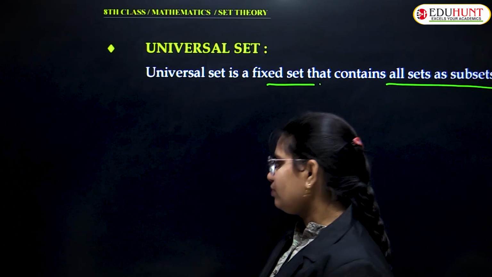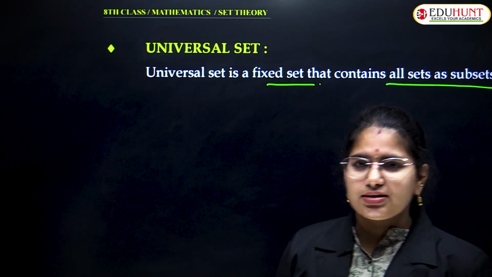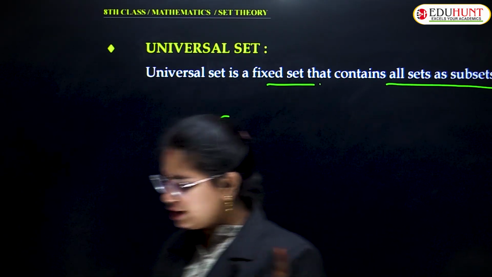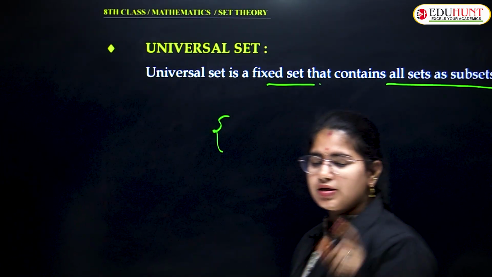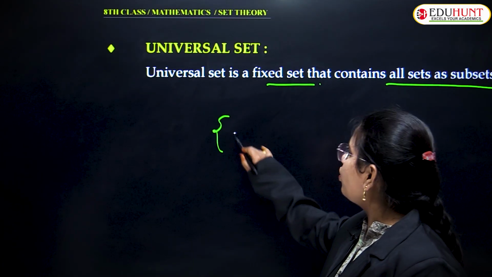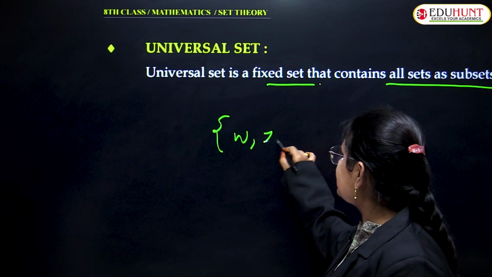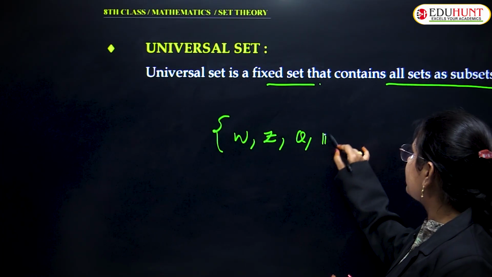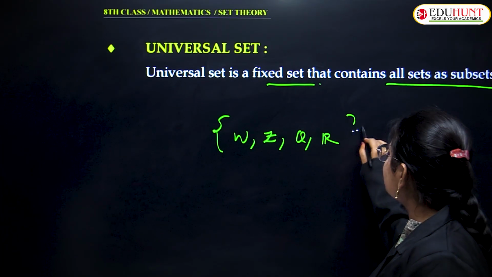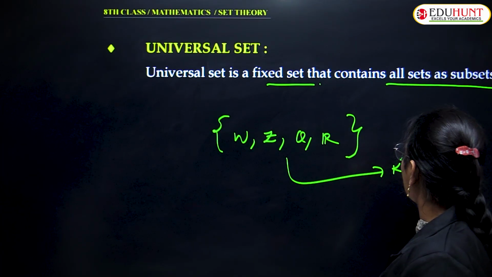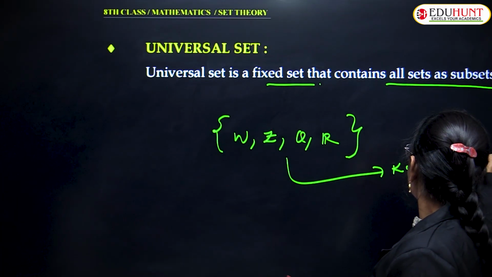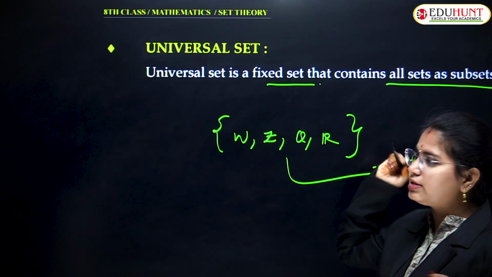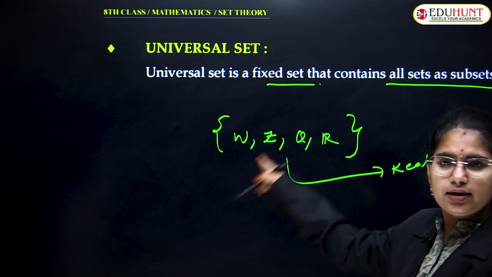Okay. So, real numbers. Real numbers are such a type of numbers in which you have whole numbers, integers, rational numbers, irrational numbers. You have all these numbers, and all these are subsets of real numbers. So, these are also sets, right? This is a set, this is a set, this is a set and this is also a set.